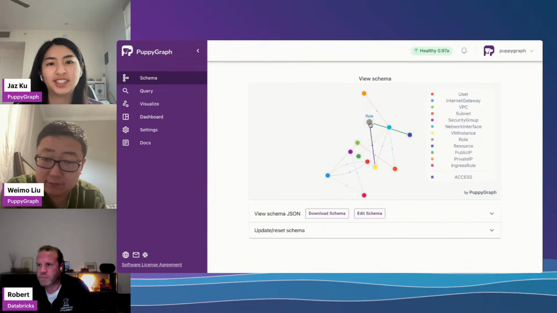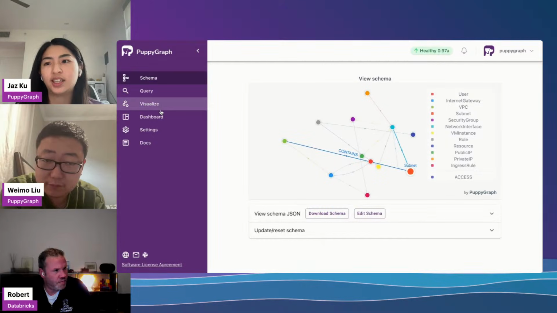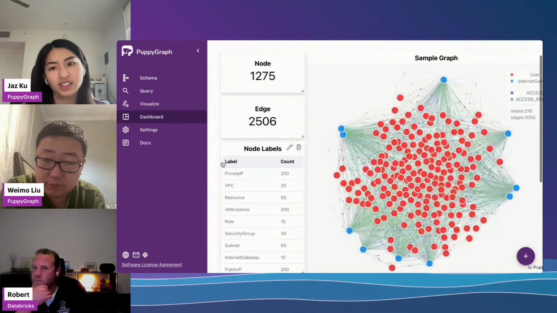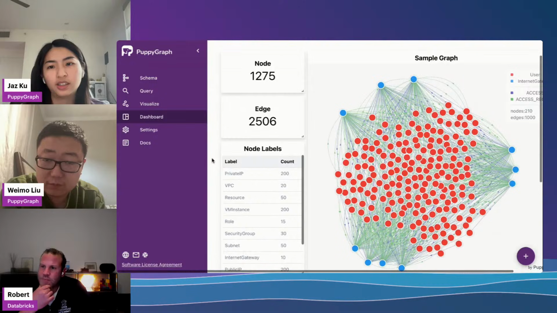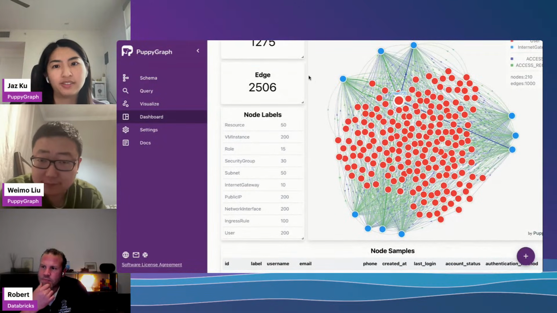All right, perfect. Then we can get an overview of what our schema looks like based on the schema.json file. If we head over to the dashboard, we can also see that everything loaded correctly. So we have all these nodes, and then here's a sample graph.